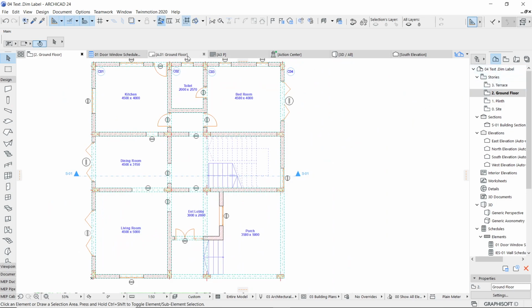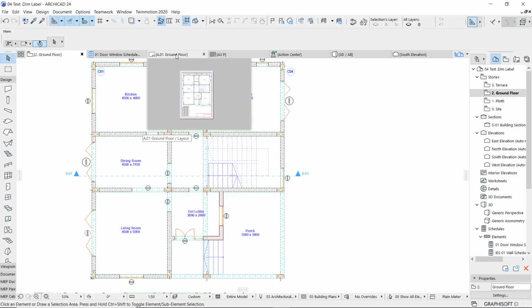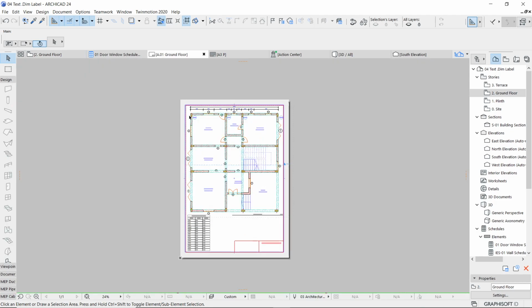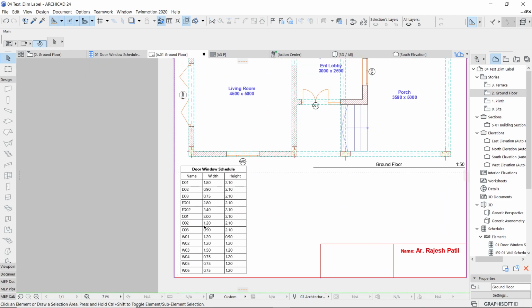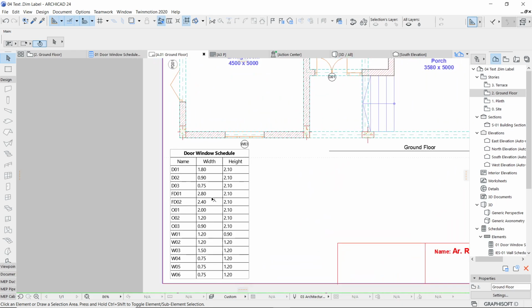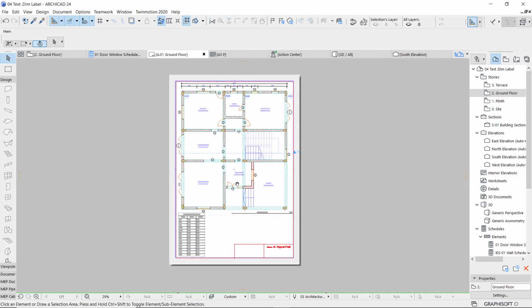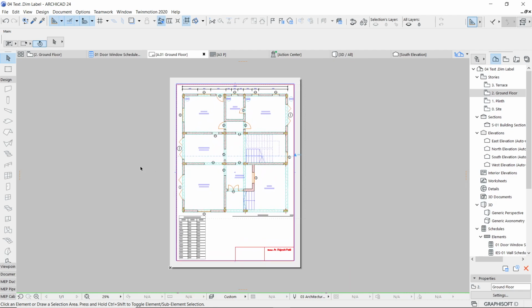So let's go and check out how my printed sheet looks, which I'm going to send for the printing. So you can see now it is automatically updated also. Okay, got this. So this is how the interactive schedules are working. We are going to use them in a more elaborate format later, but till then I'm expecting that you should complete this much of task and show it to me.